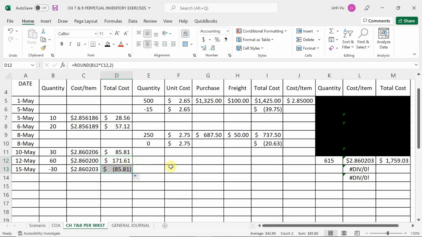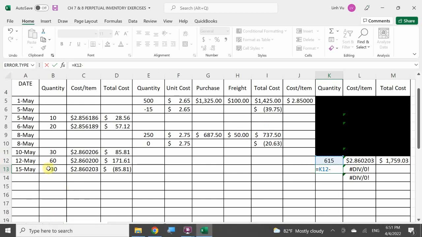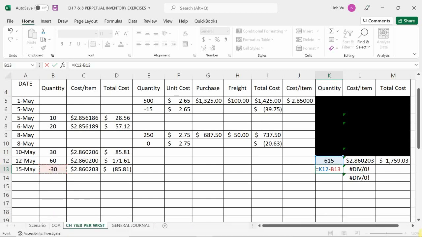Okay? Because I need to revert it back into my inventory, I need to add this back into my inventory. So in this case, 615, right? I need to add 30 units in there. As you can see, I'm doing subtract because it's a double negative. Subtracting a negative will turn it to a positive. So if I had 615 and I need to add back 30, it's going to give me a total of